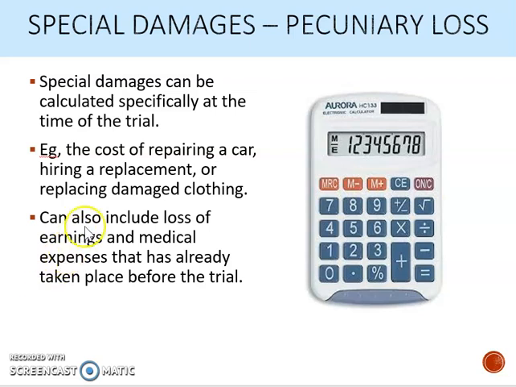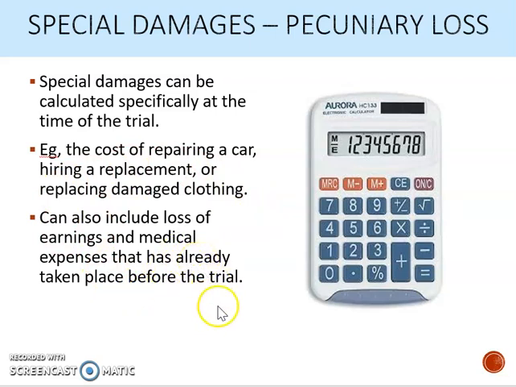And as you can see, these sorts of damages may include the cost of repairing a car, hiring a replacement, the cost for replacing damaged clothing. All of these things are easy to calculate because you can produce receipts or invoices to prove precisely how much costs have been incurred. It can, as I've said, include loss of earnings and medical expenses that have already taken